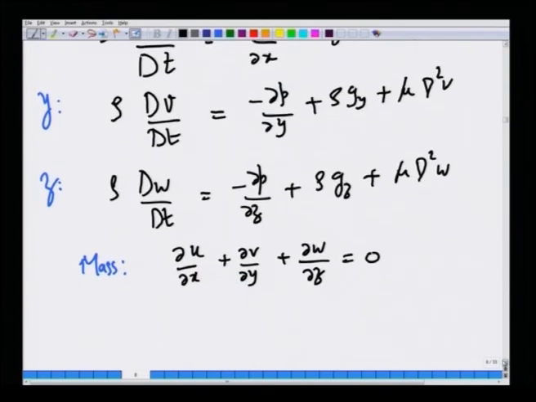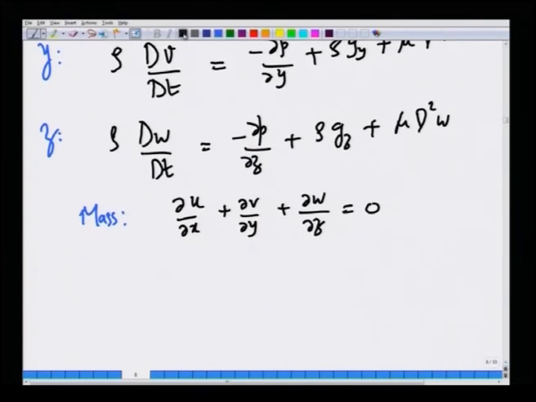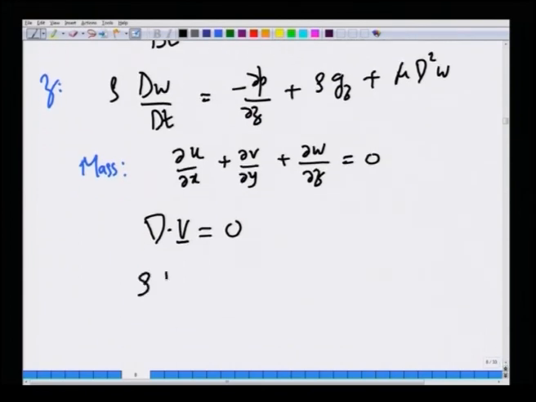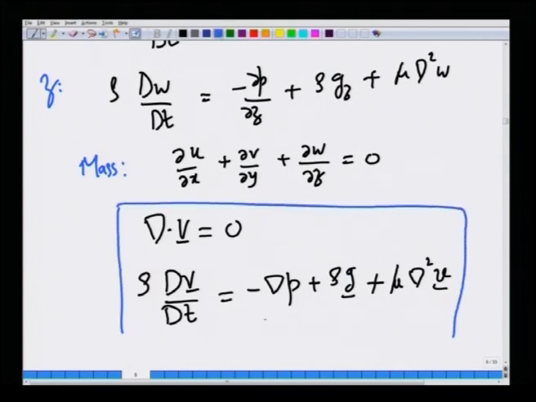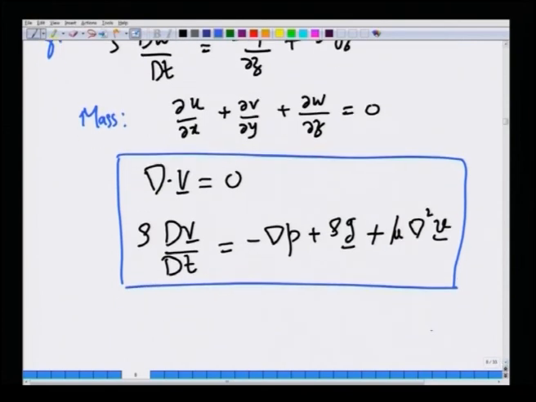Now, I can write this in a coordinate free form, just as the mass conservation equation in coordinate free form became del dot v equals 0. I can multiply these three components by the unit vectors and add them up, and I will get the following equation: rho dV dt is minus gradient of pressure plus rho g vector plus mu del squared velocity vector. These two equations are called the Navier-Stokes equations